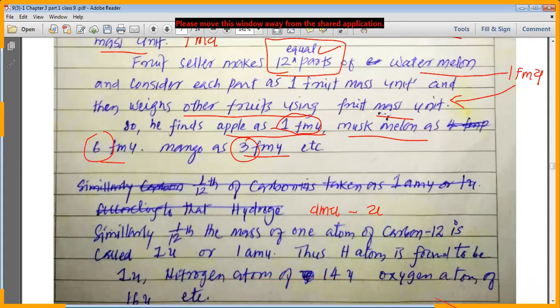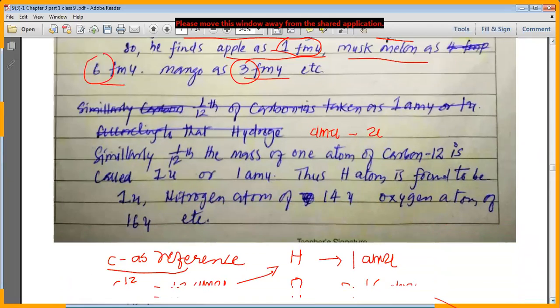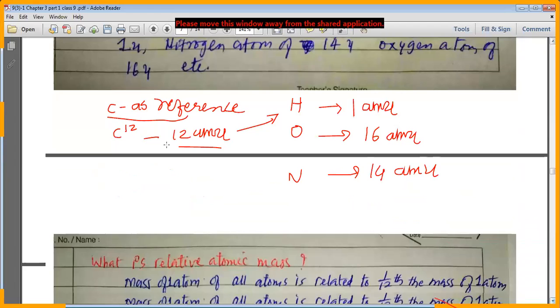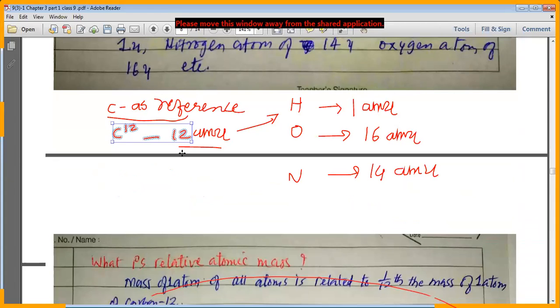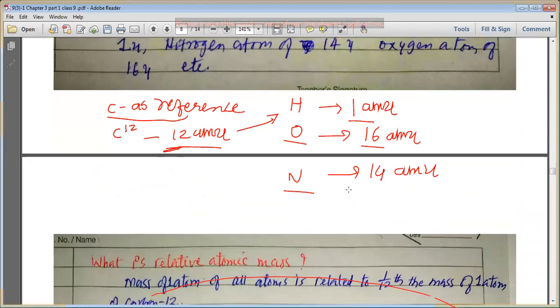Same way, my dear students, the carbon C12 was weighing 12 AMU, but hydrogen was weighing 1 AMU, oxygen was weighing 16 AMU, nitrogen was